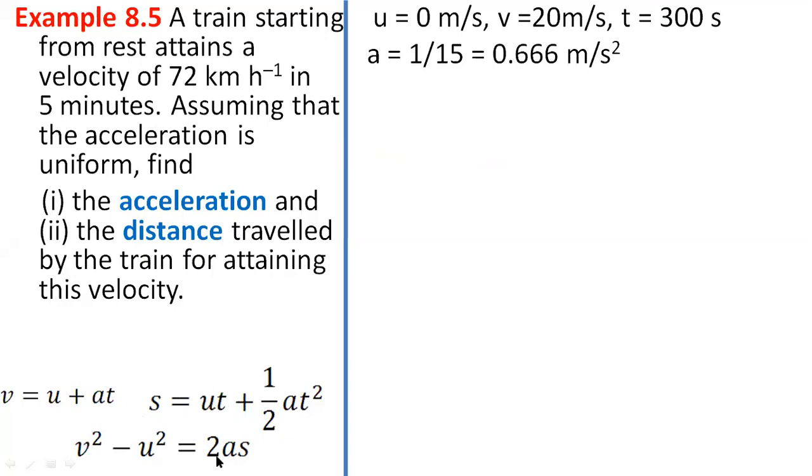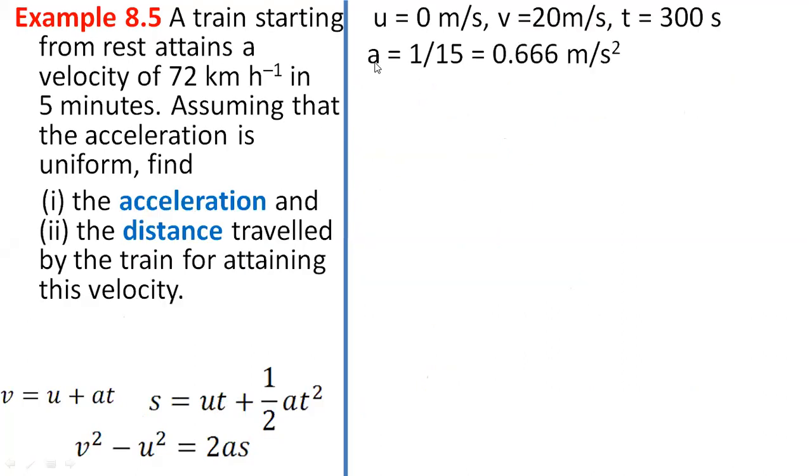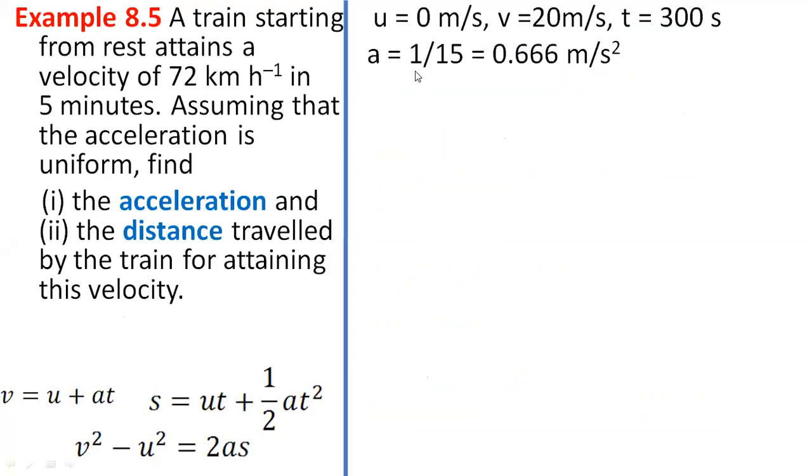You can use the second formula or third formula for this. Okay. I have written the initial data and the a value has been written from our previous part. We have calculated the value of a as 0.066666 meter per second square, so that value I will write. We also received the value as 1 by 15. You can see 1 by 15 and 0.066. Now we can use the second or third formula for finding out distance. So we'll be going with s is equal to question mark. That is what has been asked, distance.